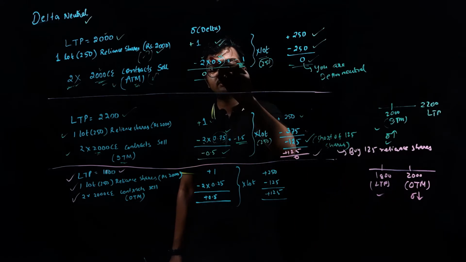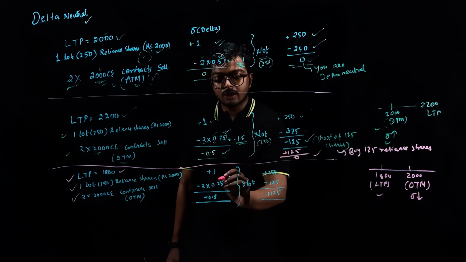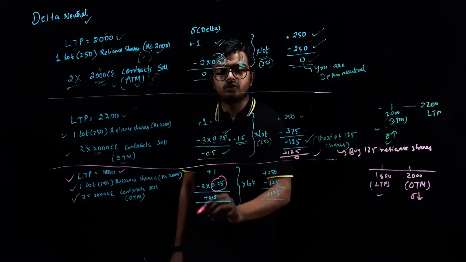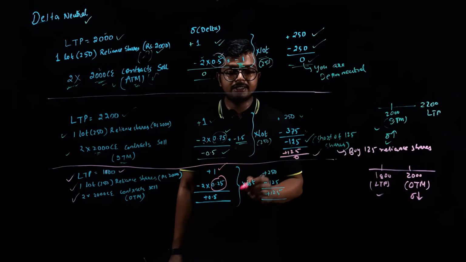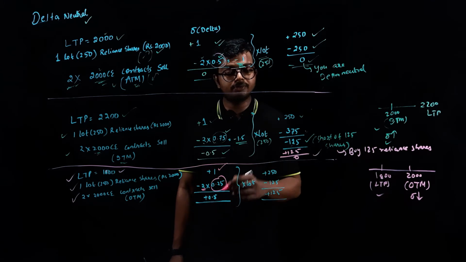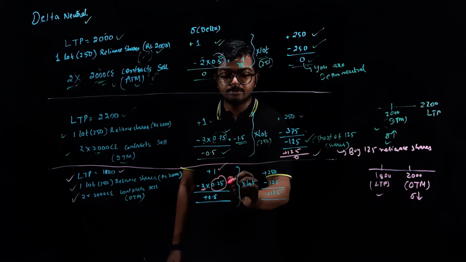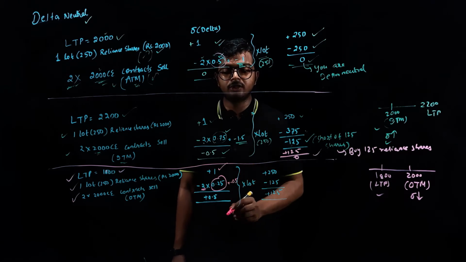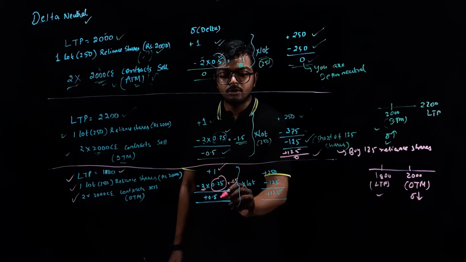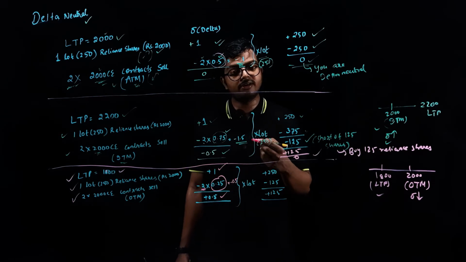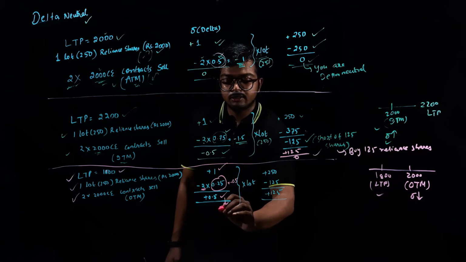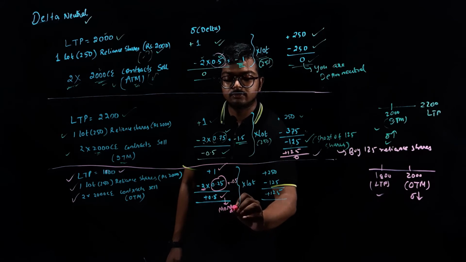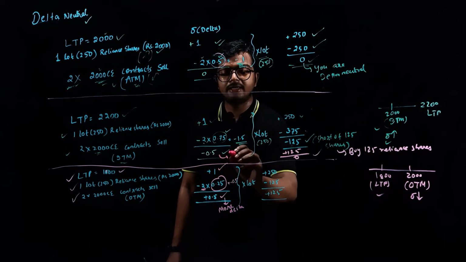So initially our delta was 0.5. Now it has reduced to 0.25. Delta has reduced, right? Again, here you have plus 1, there is no change, and here you have sold 2 calls, so multiply by 2, it would be minus 2 multiplied by 0.25, this would become minus 0.5. If you add up plus 1 minus 0.5, the overall result would be plus 0.5. That means here you are having more delta, right? Previously here you had less delta.